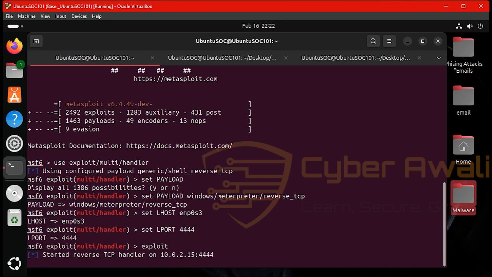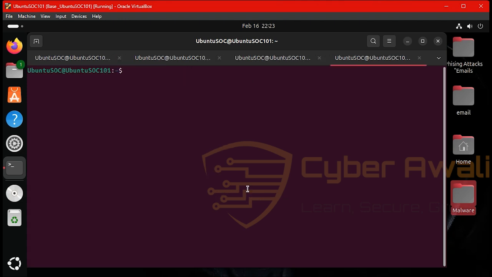Okay, so right now we just started a reverse TCP handler on the 10.0.2.15, which is our Ubuntu machine. Now, first we have to create a server inside Python, so our client machine or the victim machine can download the virus or the malware that we just created. For that, just open up a new tab inside the terminal, and it's important to go to the folder that we created the